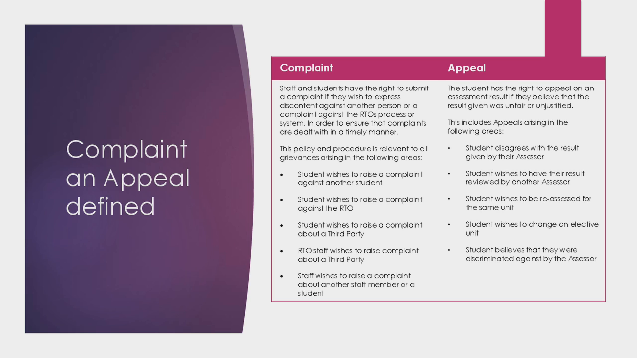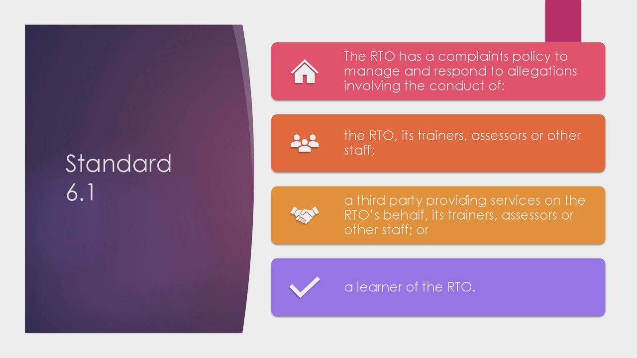Student believes that they were discriminated against by the assessor, so that can also turn into a complaint. So they're appealing a result, but they want to be reassessed, but it could be that that's also a complaint against the trainer assessor because they're being discriminated against with their assessment. So standard 6.1 is that the RTO must have a complaints policy in place to manage and respond to allegations